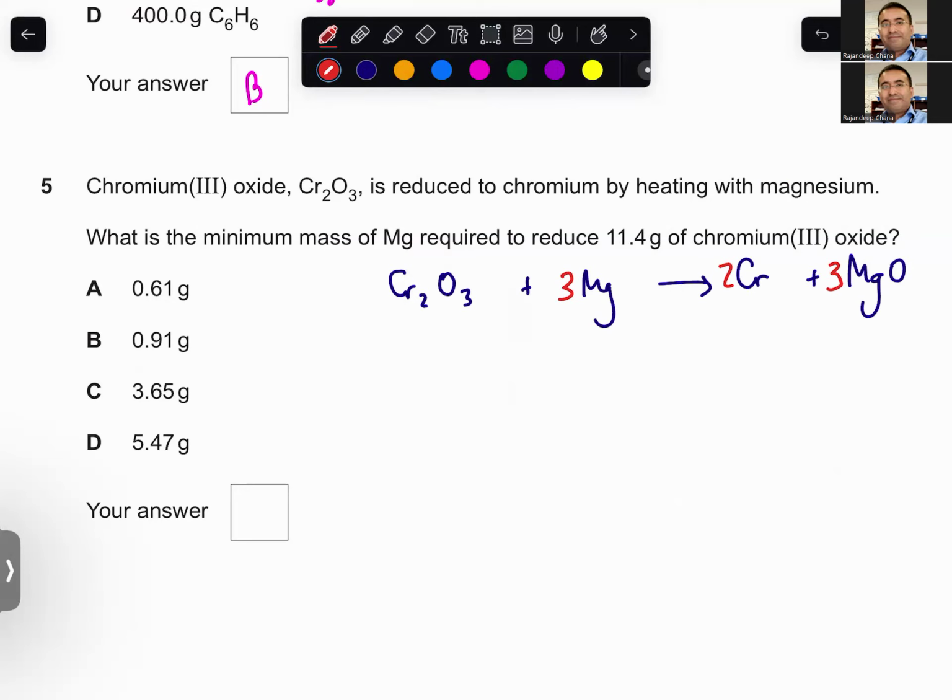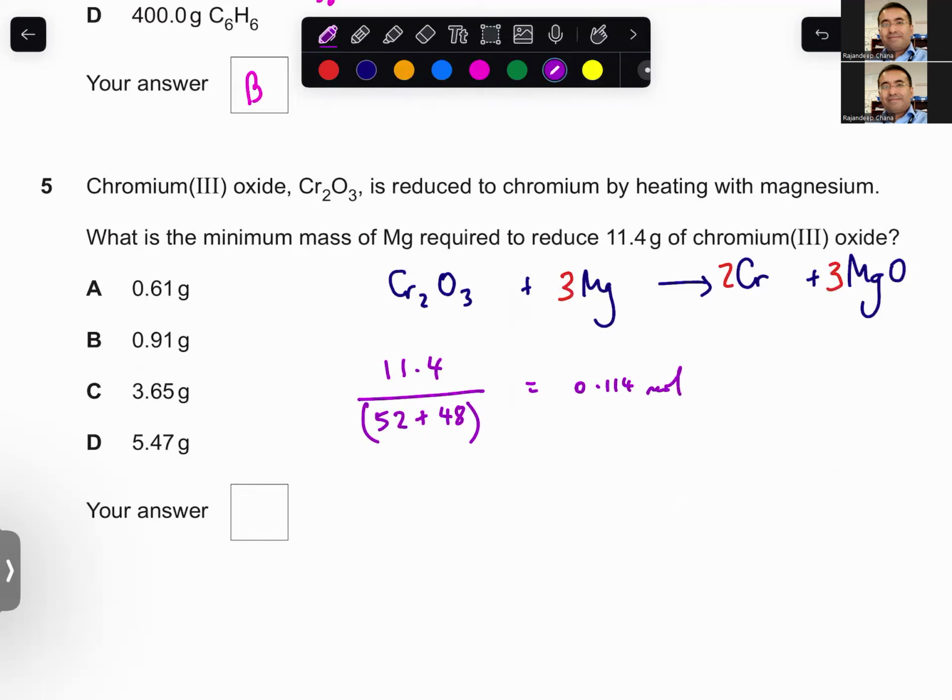What is the minimum mass of magnesium required? How would we work this out? We would do 11.4 divided by the molar mass of chromium oxide, chromium 3 oxide. So that's 52 is chromium, and 3 oxygens is 48. What does that give you? 100. Oh, that's a nice molar mass. Is that right? 52 plus 48, yep, that's 100. So that would mean, divided by 100,